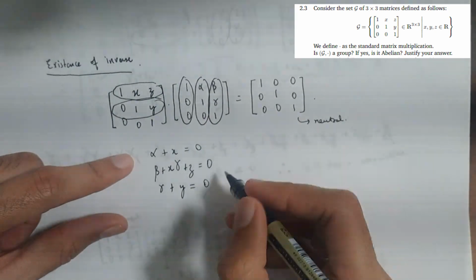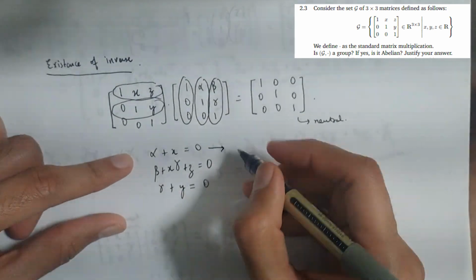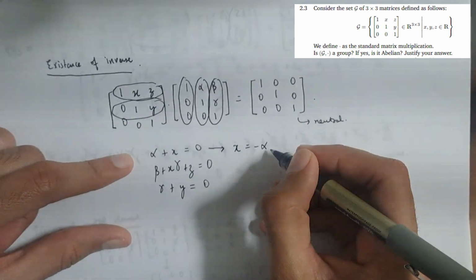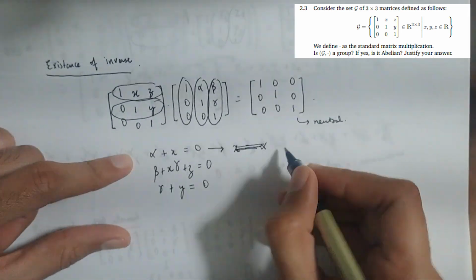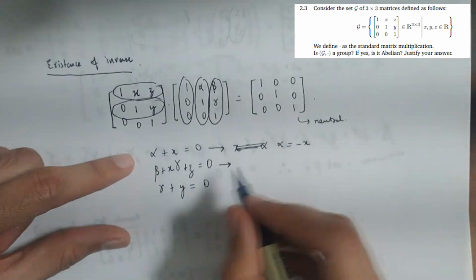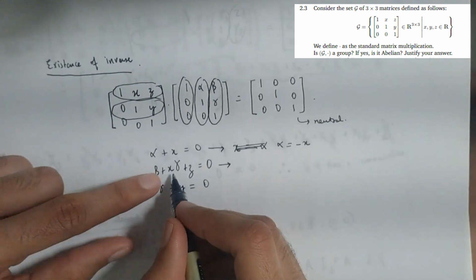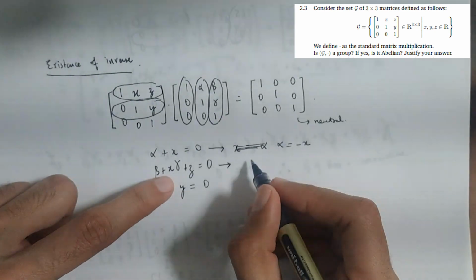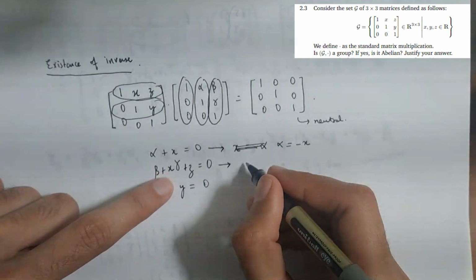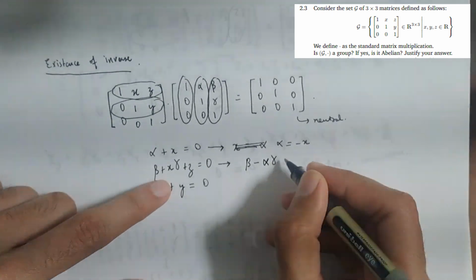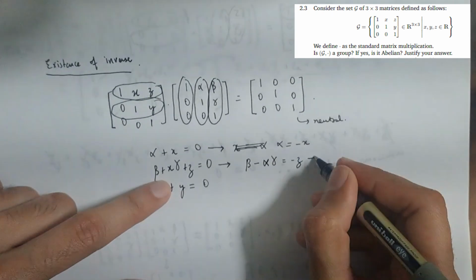So basically you can refactor this to say that x is equal to negative alpha, or perhaps you could say alpha is equal to negative x, which is more useful. If you assume alpha is equal to negative x here, that makes this equal to beta negative alpha gamma is equal to negative z,